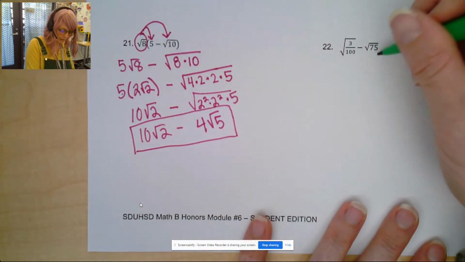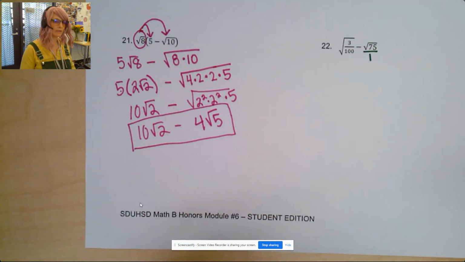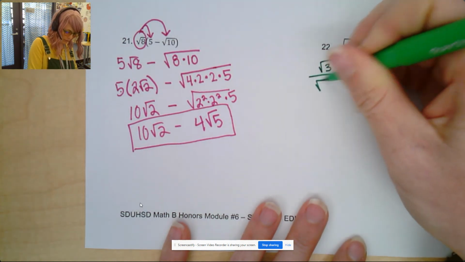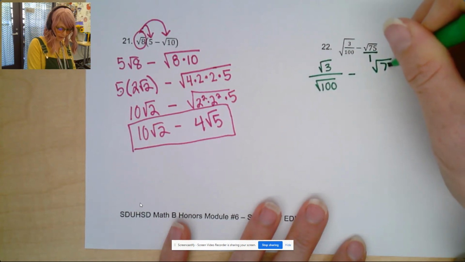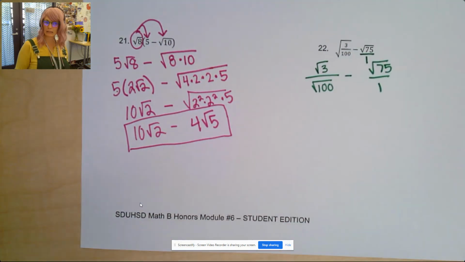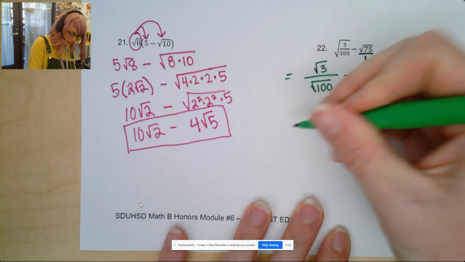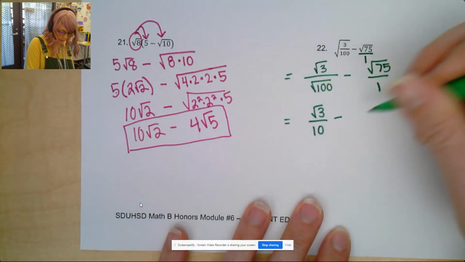Okay, so taking a look at 22, we have square root of 3 over 100 minus square root of 75. So you can think about this as square root of 75 over 1. Okay, remember, if you have a square root over a whole fraction, that's the square root of the numerator over the square root of the denominator. Okay, so far so good. Any simplifying you want to do? Oh, square root of 100, you're right, that's 10. So now you have 10 over square root 3 minus,